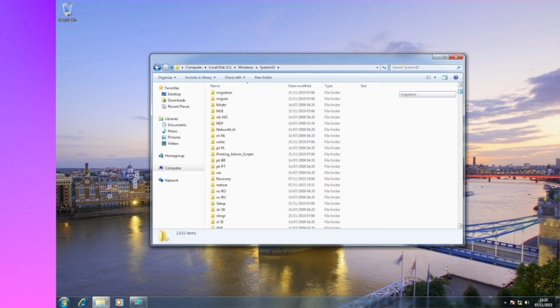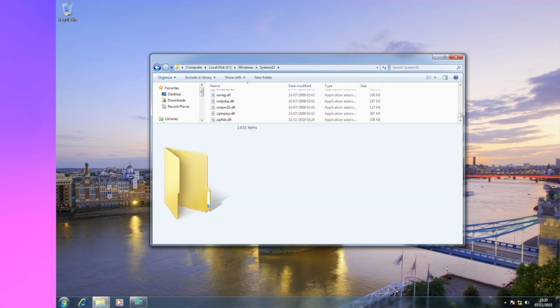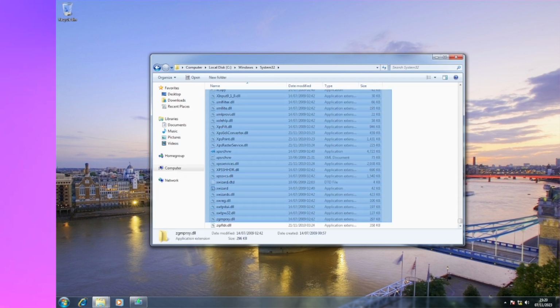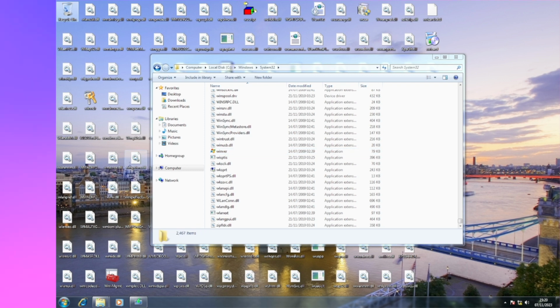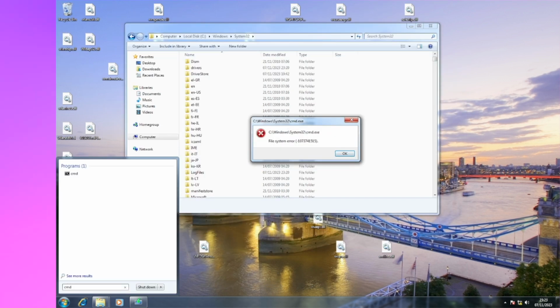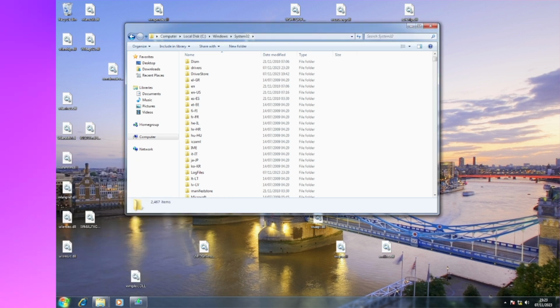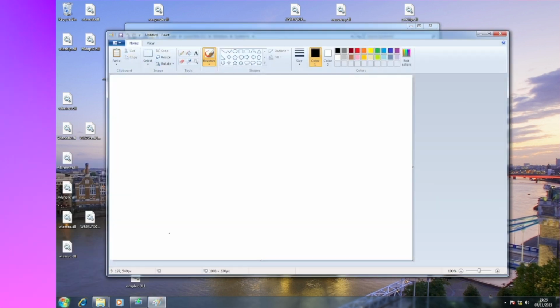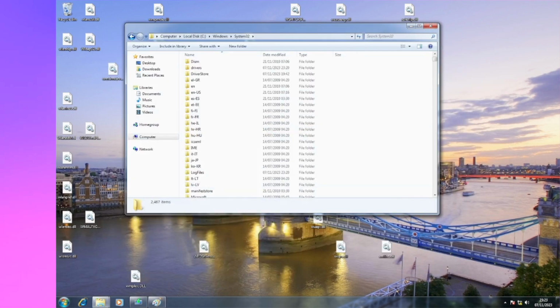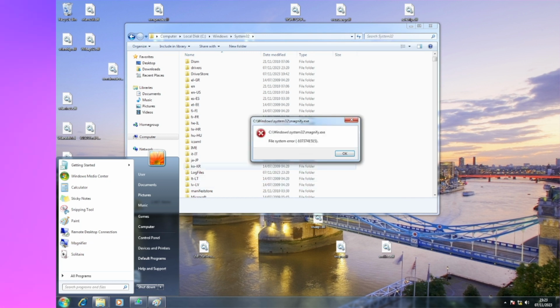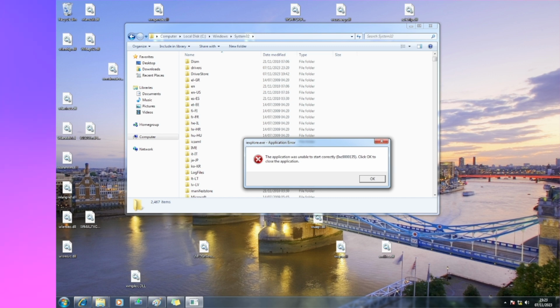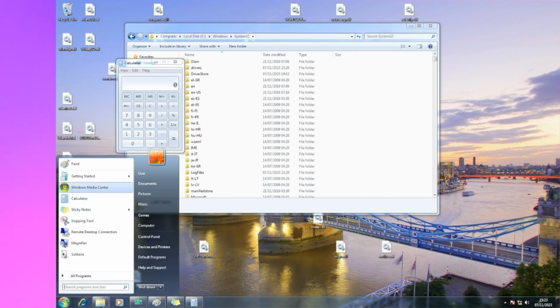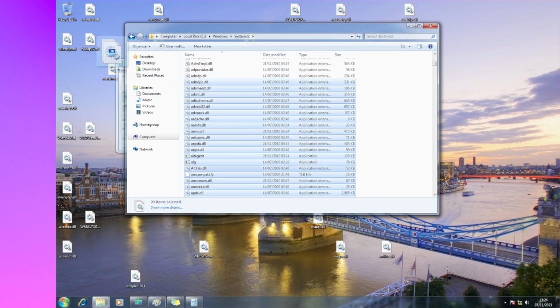We'll do the other method, which is this. Not that. This. Empty out that. Whoops. Never mind, command prompt doesn't work anymore. What else doesn't work? We still have paint. Magnifier doesn't work. With notes. Explorer doesn't work. Calculator still works. Windows Media Center doesn't. Okay, so now it isn't really letting me delete anything else,